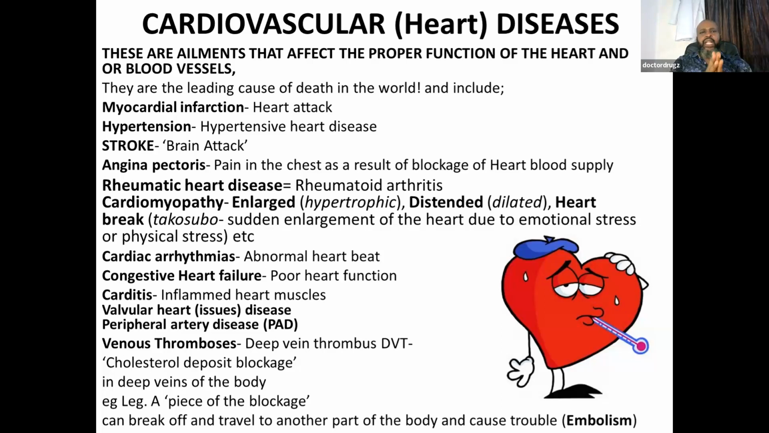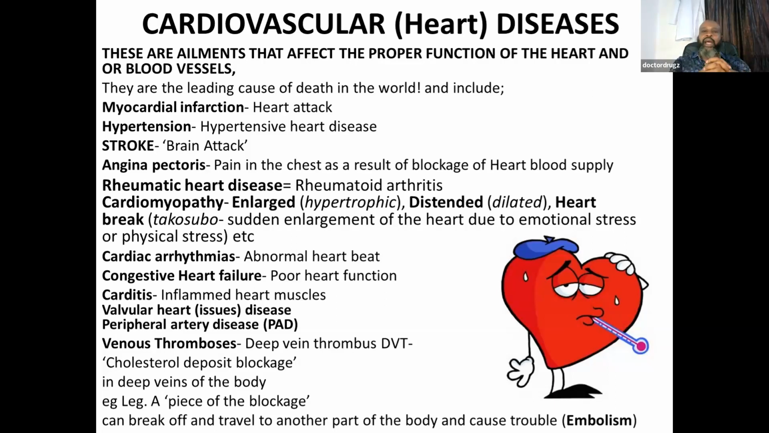Now, you see, they are the leading cause of death in the world. I've mentioned myocardial infarction or heart attack, hypertension, brain attack or stroke, and angina pectoris, which is that pain one feels. We'll talk about that shortly. And who knows that even rheumatoid arthritis can actually cause issues in the heart? We have cardiomyopathies, which include the one I love mentioning the most, which is Takotsubo syndrome,